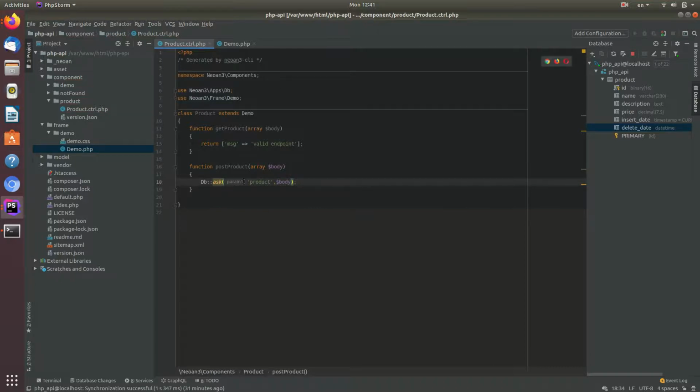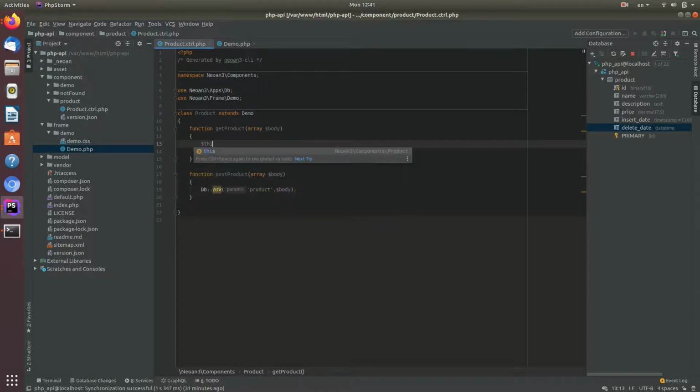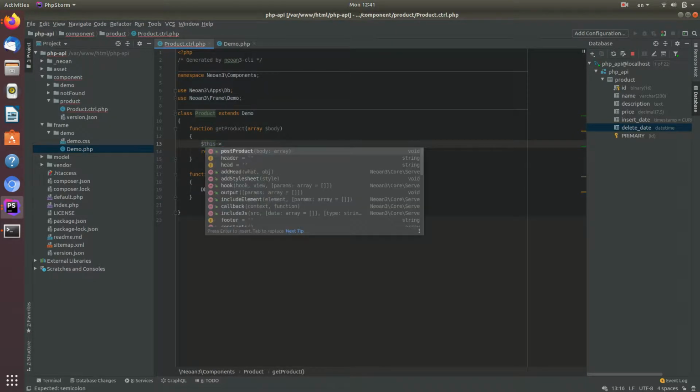Now, this is highly insecure. Don't forget that. I'm not going to return anything right now, and the only thing that I'm assuming at this point is that we don't want to work with something like Postman, so I'm going to kind of fake this right here for now. So what I'm going to say is this post product,